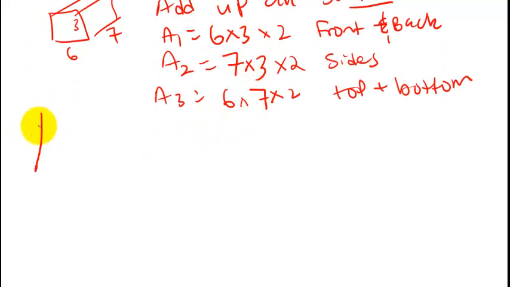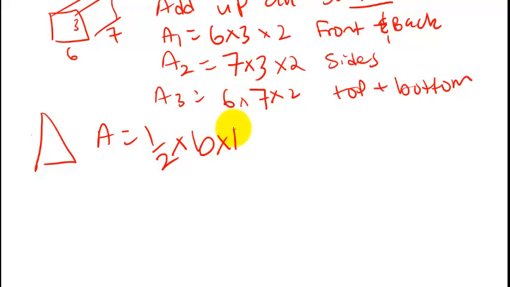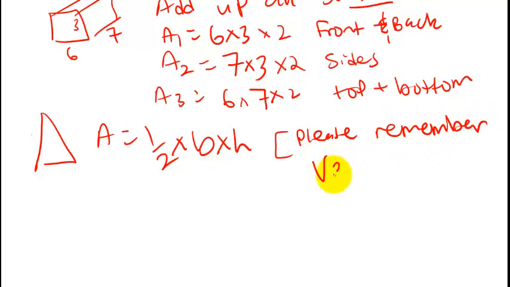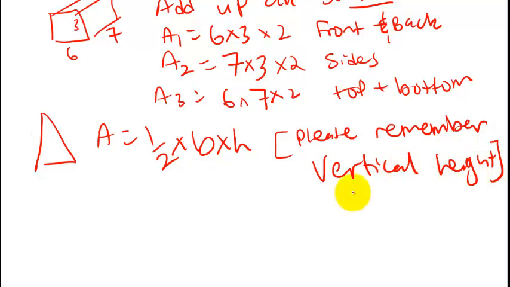So all I'm going to do quickly is cover area of a triangle, because you do need to know that. So area of a triangle is half times base times height. And please remember, vertical height. So if I gave you this, and I gave you that as 6, and I give you this as 10, and I told you to find the area,